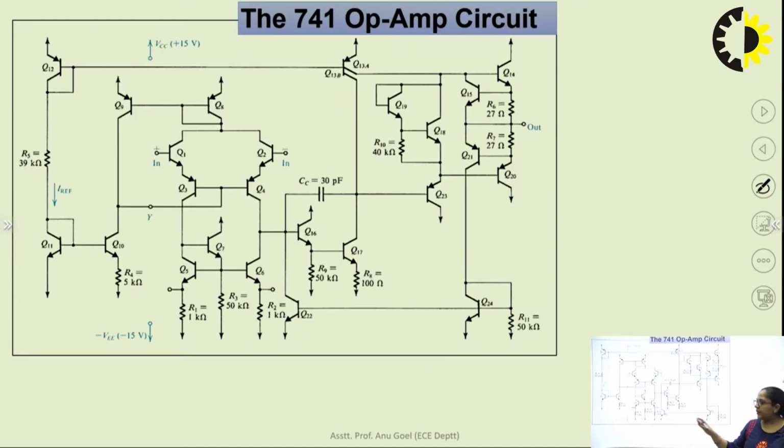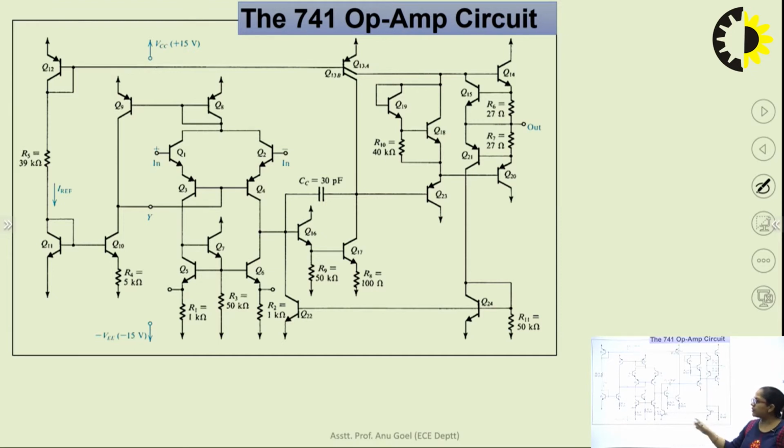Here we have the complete internal circuit diagram of the op-amp IC that we have seen in the earlier slide. In the internal circuit diagram of the op-amp, we have a total of 24 transistors from 1 to 24, a total of 11 resistors and 1 capacitor. This entire internal circuit diagram of the op-amp is divided into 5 stages. Namely, the first one is called the bias circuit of op-amp IC 741, then the input stage, then the second stage, output stage, and output short circuit protection circuitry. Out of these 5